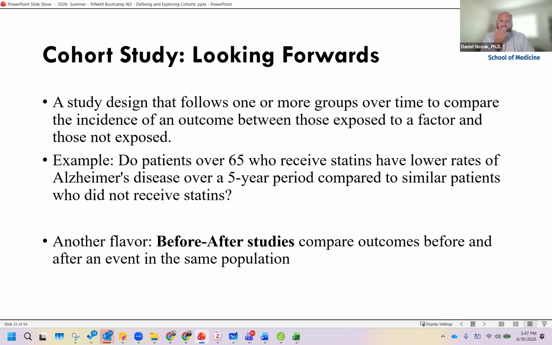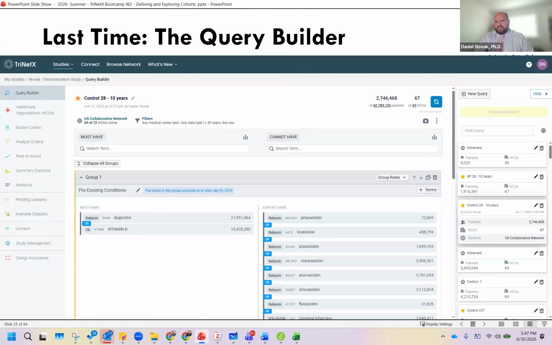You can also do before-after studies, right? So people who had, what were rates before the existence or the introduction of a medication, and what happens after the introduction of that. So before and after studies are another common approach. Okay, so